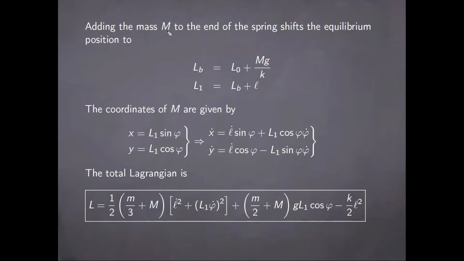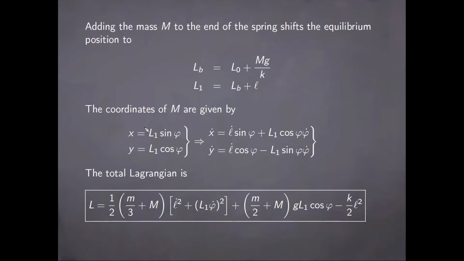Adding the mass m to the end of the spring shifts the equilibrium position to the new value here. So it's the initial equilibrium to which I must add capital M times g over k, and this follows immediately from Hooke's law. If you calculate the stretching of the spring with the addition of the new weight, and then the total length of the spring is just this quantity lb plus the stretching at a given time L,